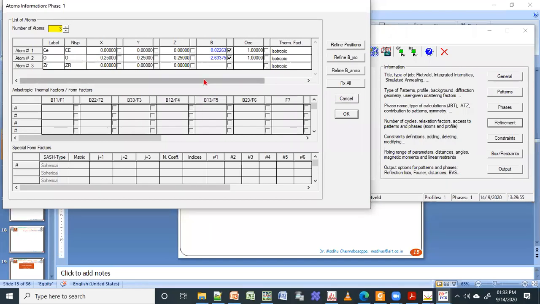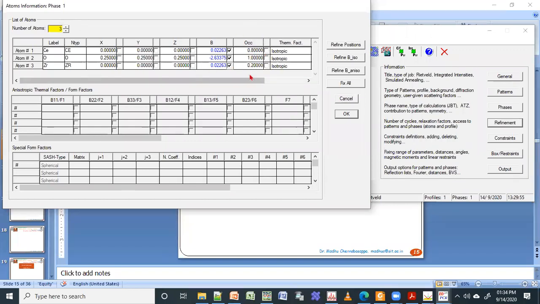Then instead of 1, this will become 0.8, because you are having some doping, and the rest 0.2 will come here. For instance, if you doped 0.9, then this will become 0.9 and this will become 0.1. This is a very simple example.